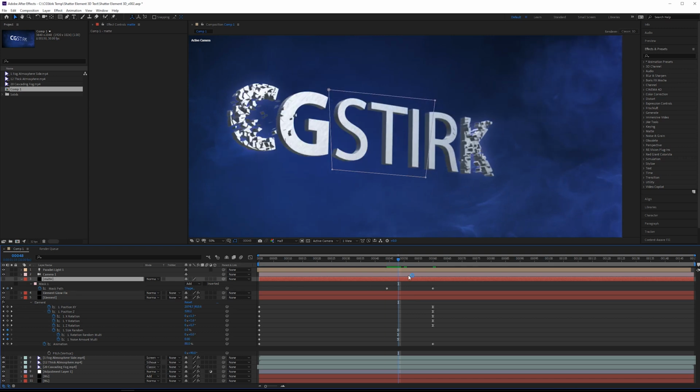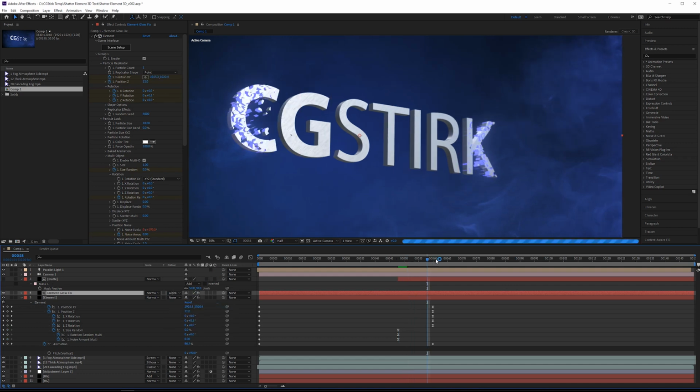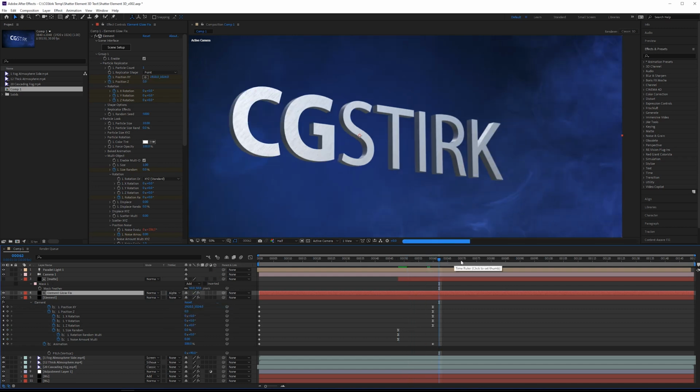I'll trim the layer with Alt or left bracket. I'll feather this out a bit just in case we've missed something and it's a little bit too sharp somewhere. We'll set the track matte to be alpha, and we'll solve that issue pretty quickly. Right, so they're not shining through blue anymore.